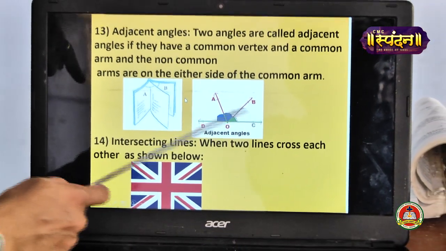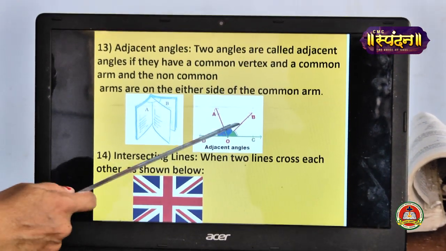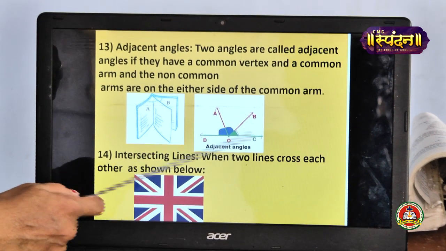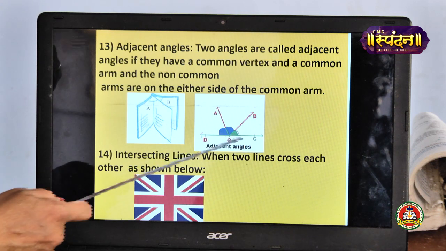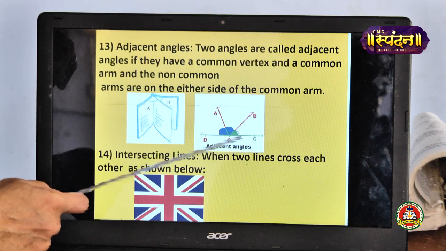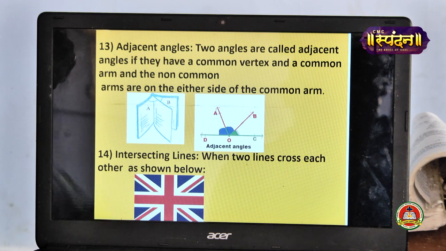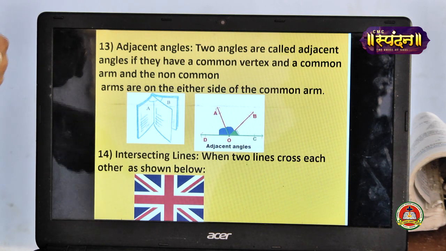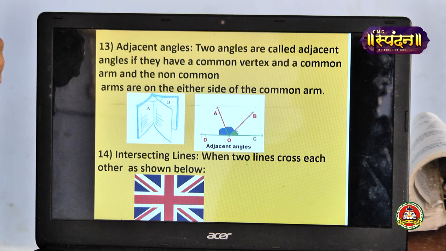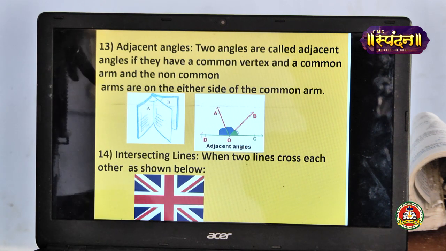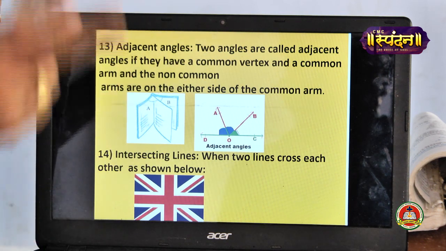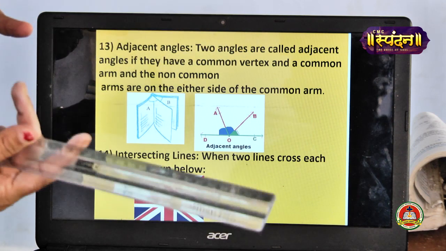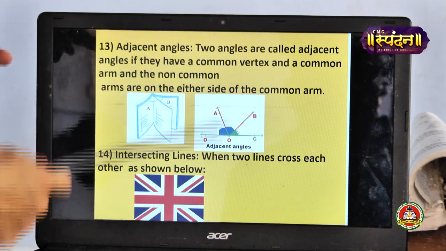See, there are three angles over here. I have shaded two angles together, and one more angle I kept over here in blue and green color. So these two angles are called adjacent angles. You can say your neighbor and you, there will be a common wall between your house and your neighbor's house. So there will be an angle which is formed, that angle is called an adjacent angle. And one more example, if you open the book over here, the adjacent pages of the book show you the adjacent angle.